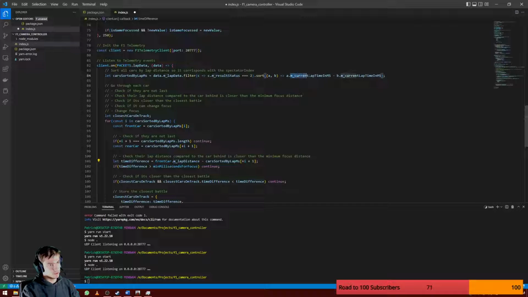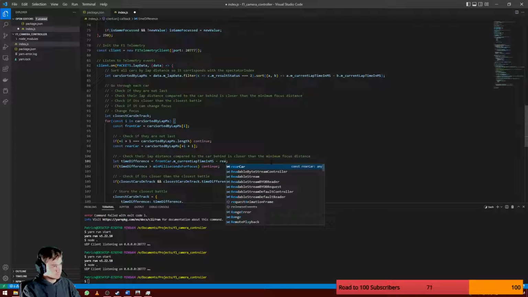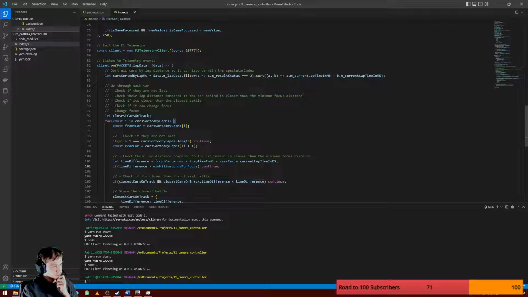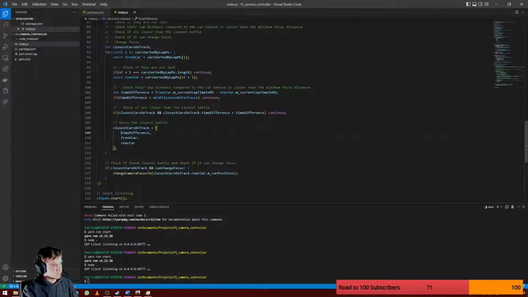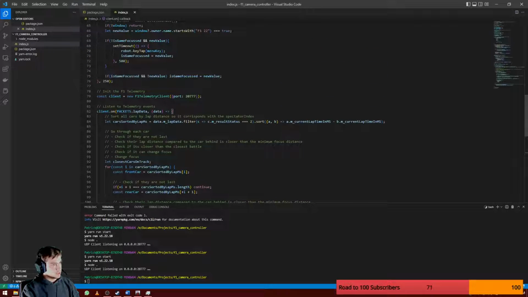This should be that. This should be real car, by the way. Right, so now it's based off